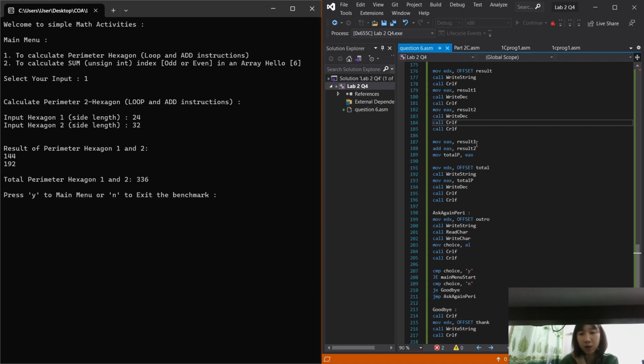Then we are doing the addition of the two parameter value. So moving the result 1 into EAX register, then we are adding the result2 to EAX register and store the result of the addition in EAX. Then we are moving the value of EAX into the variable total P. So now total P will host the result of addition of these two variables, which is the result 1 and